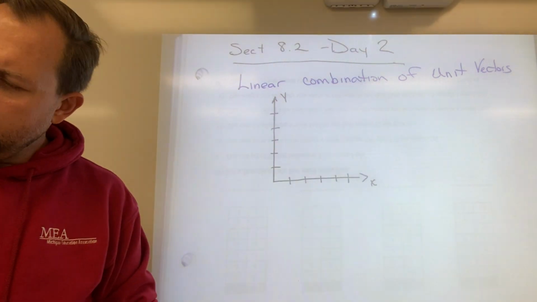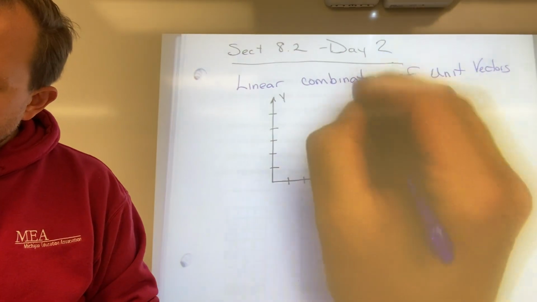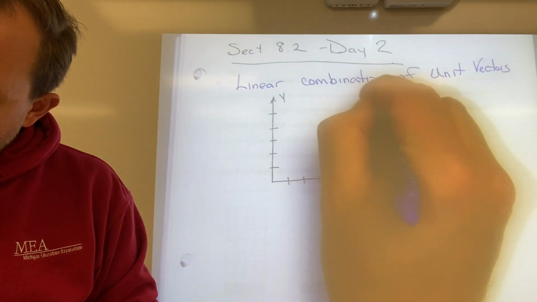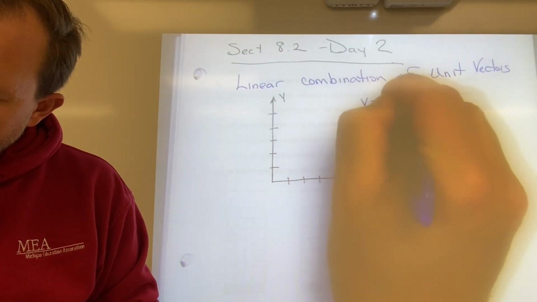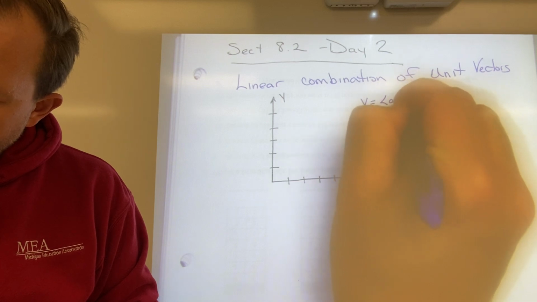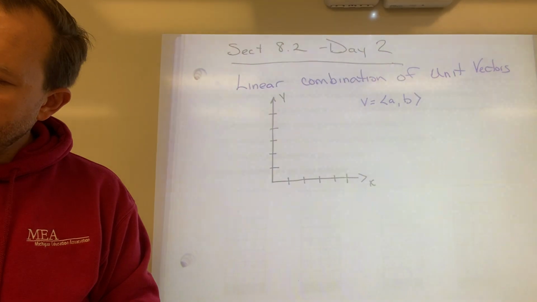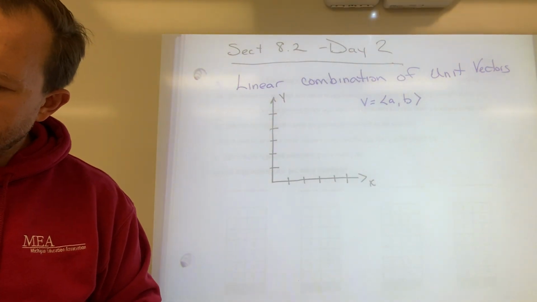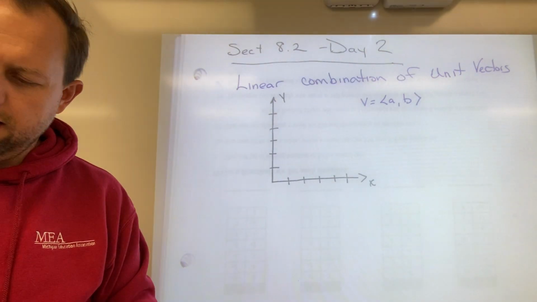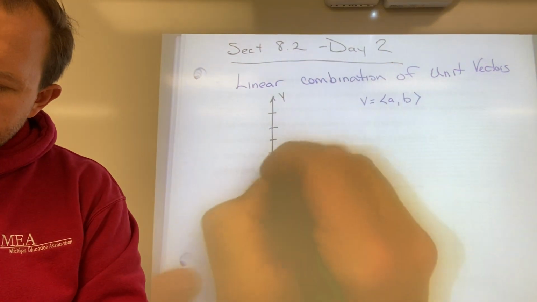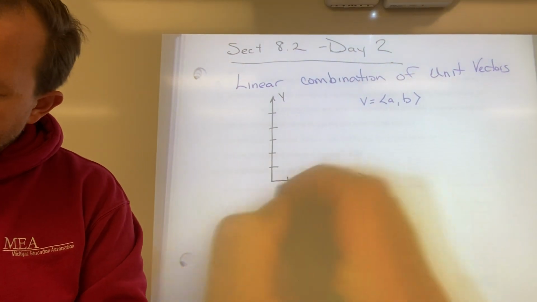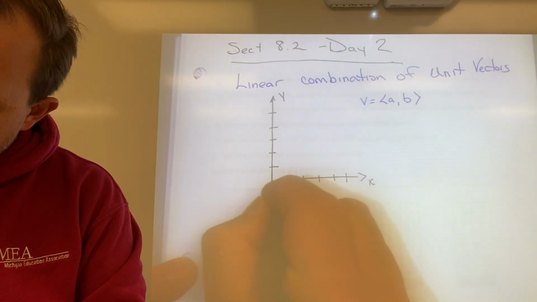Okay, when we talk about our vector as being a comma b, what we're talking about is that it has pieces that made it up. The piece in the x direction,